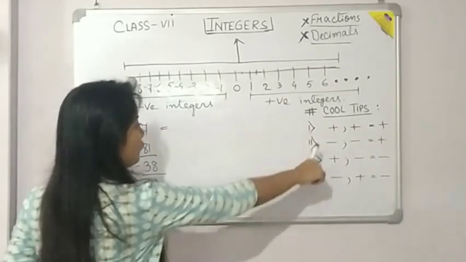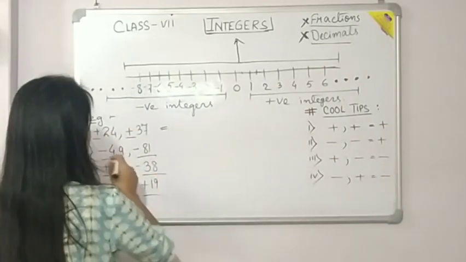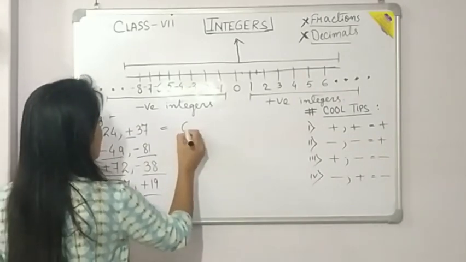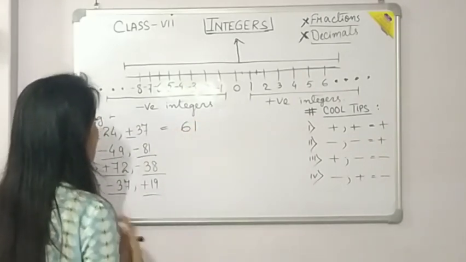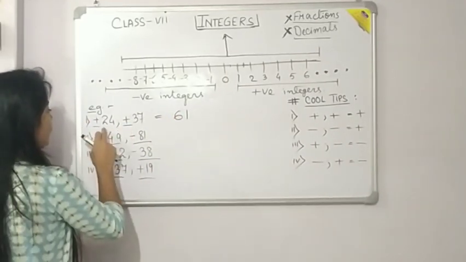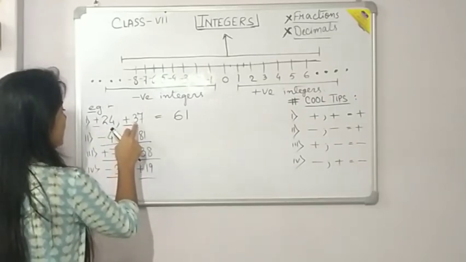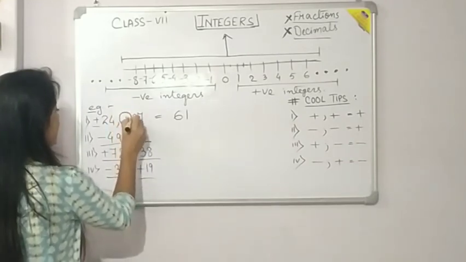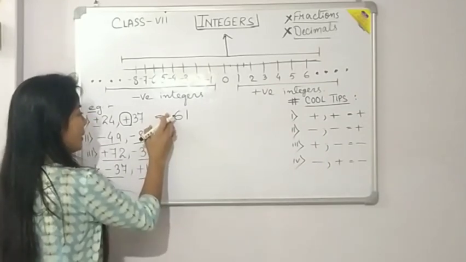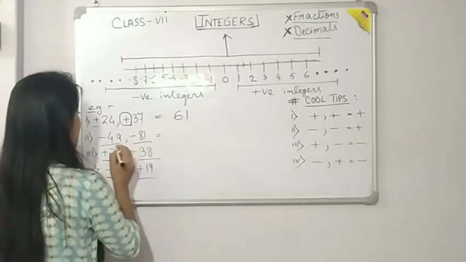What we have seen here is, if we get two positive numbers, we have to do addition. So let us do the addition. 24 plus 37 gives how much? 61. Now the next question arises, what sign do we have to put here? As you can see, which one is the greater number? We will see the greater number. Here 37 is the greater number, and the sign present in front of the 37 is plus, so we will give this as plus. For plus, no need to show any sign; nothing there means it's plus only.